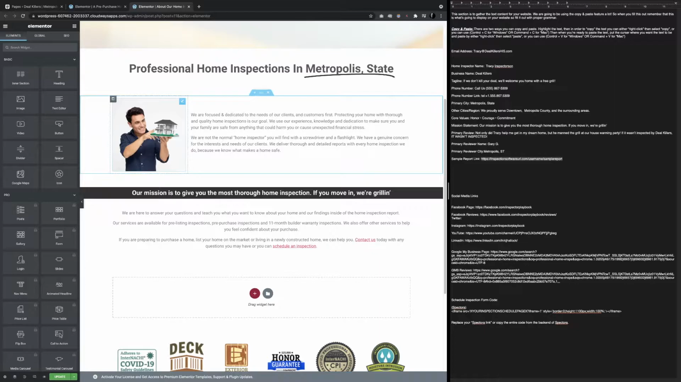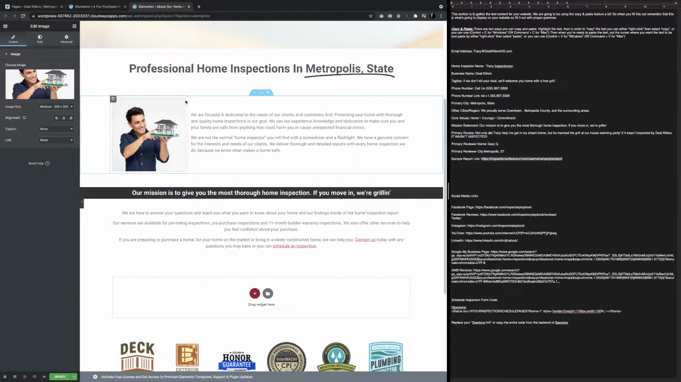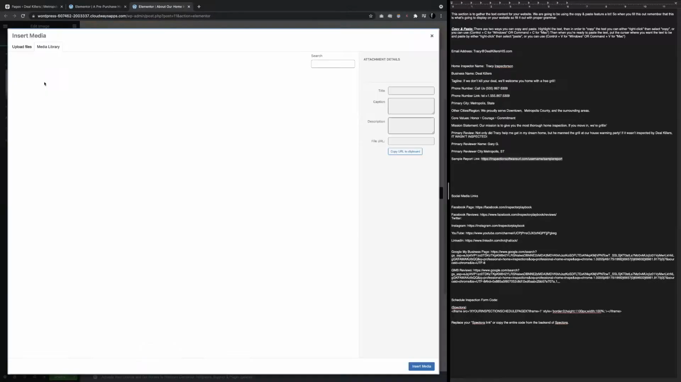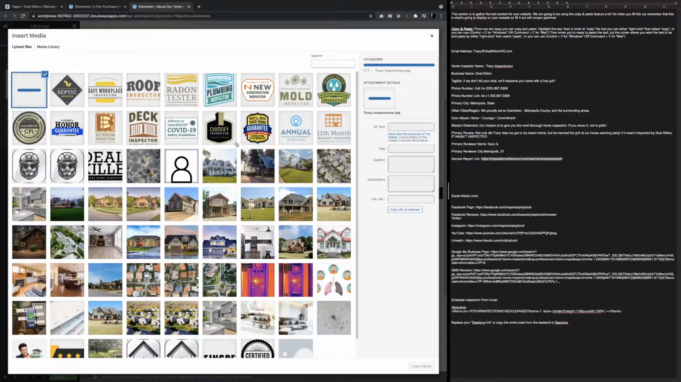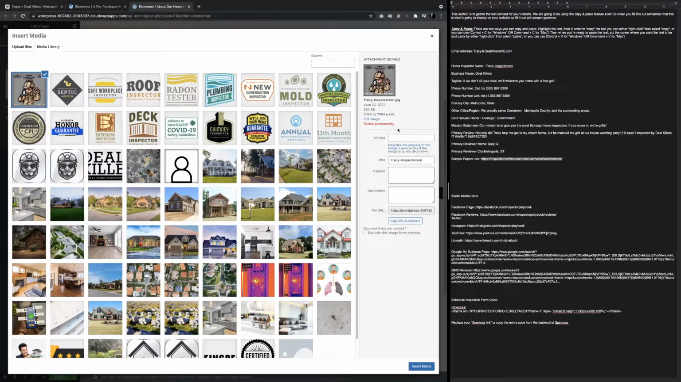The image, if you have an image of yourself, you can come in here and hit the plus sign or the pencil sign to bring up the image. You can click on the image, upload files. So I'm going to go ahead and drag in Tracy Inspectorson here, which is going to be the profile picture, if you will, the headshot that we're going to have on the about page. You may want a picture of your family, whatever shows a more personal side of things. Go ahead and put in Tracy